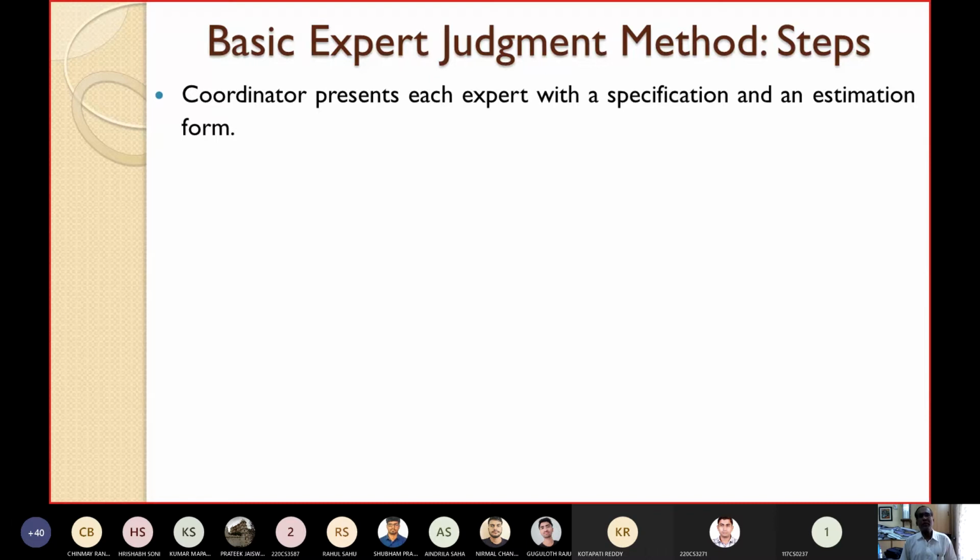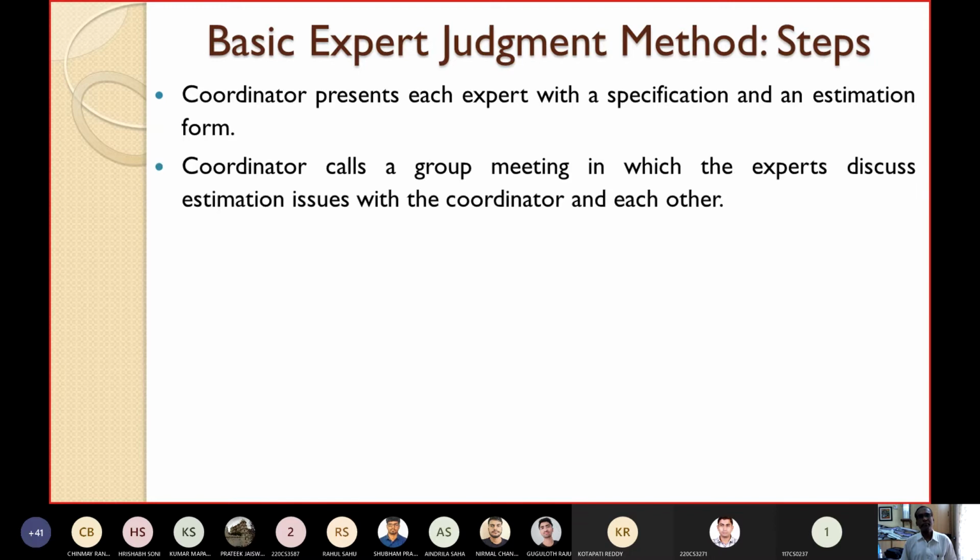The coordinator presents each expert with a specification and an estimation form. Then the coordinator will call a group meeting where the experts discuss the estimation issues with the coordinator and among themselves.